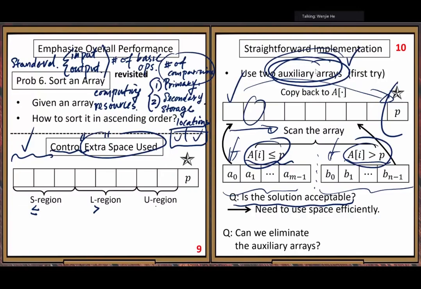If you can find an organized way to control these three regions, then you can divide your data with the targeting properties without using the auxiliary array. But you may need to use some small number of extra storage locations.